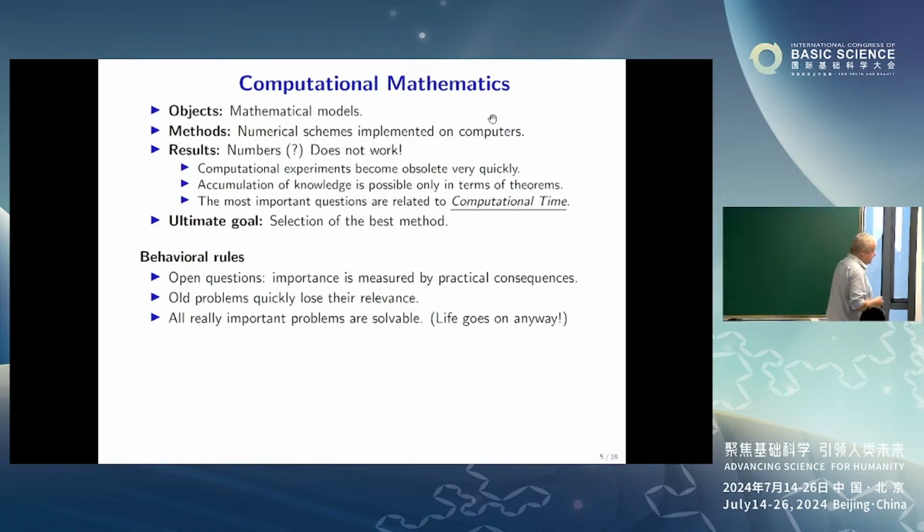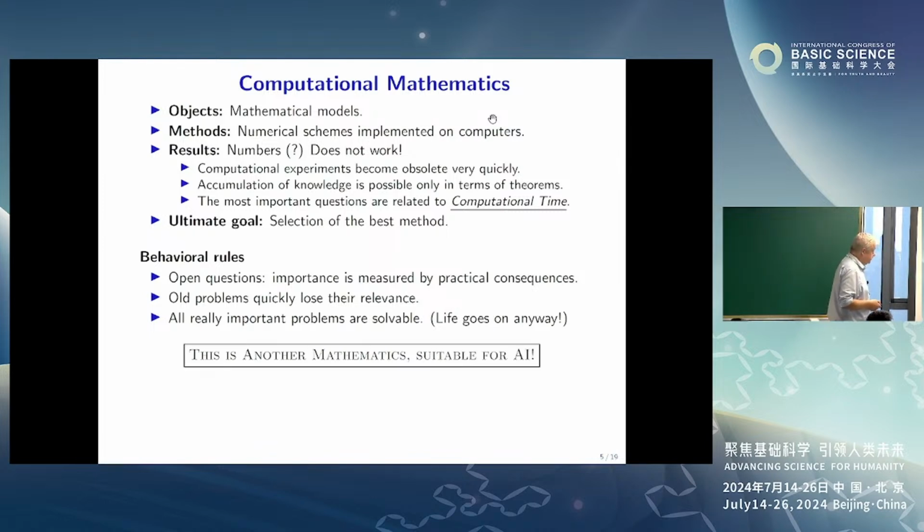Another. All the problems are solvable because we need to move, we need to follow the development of software and hardware and so on. This is very different. So this is another mathematics which is suitable for artificial. So in other fields,